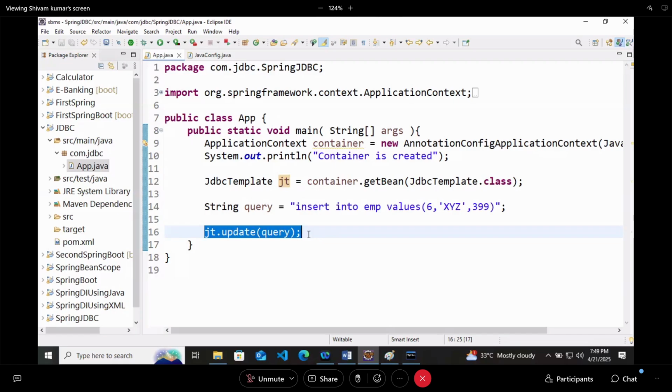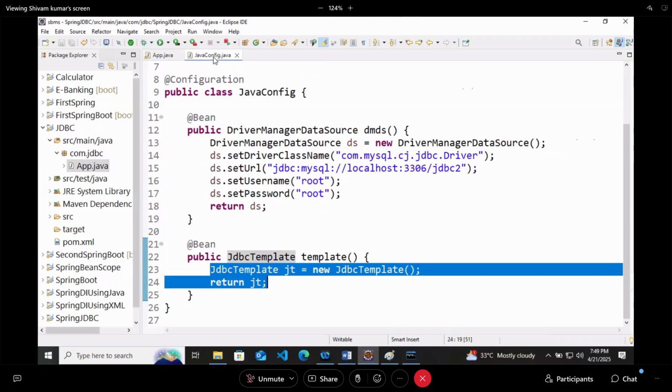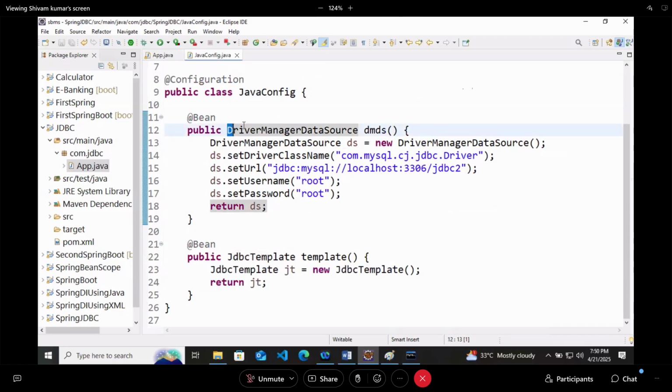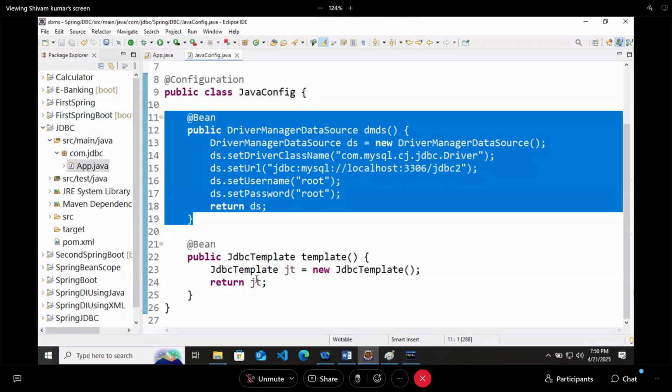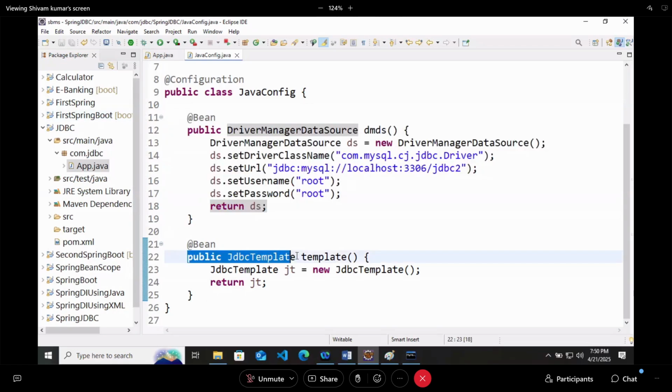There is no information, right? Because the connection is given to this particular class, to this particular bean, then how is the JDBC template using it?